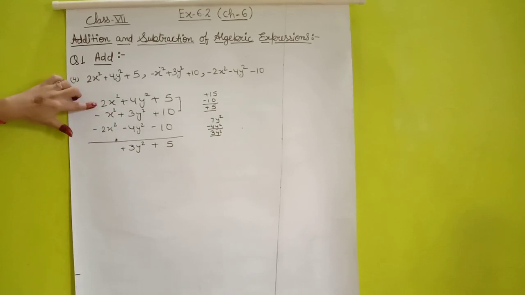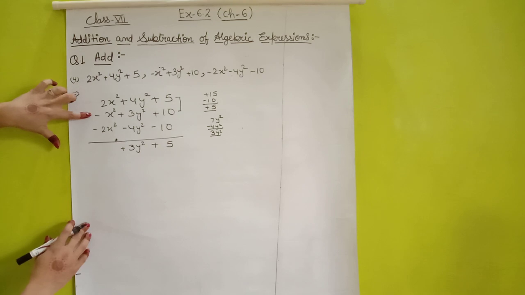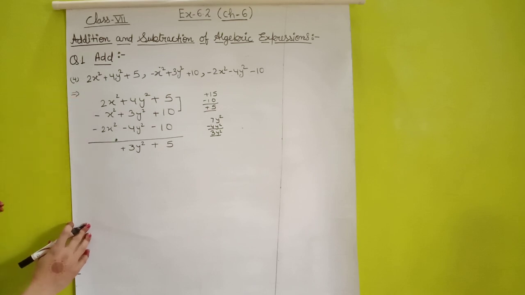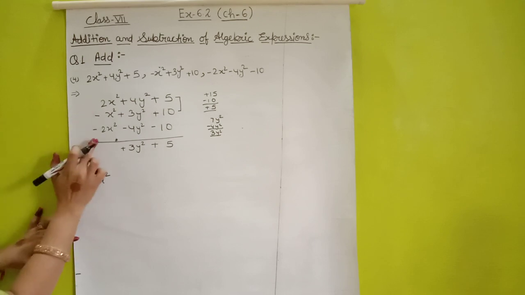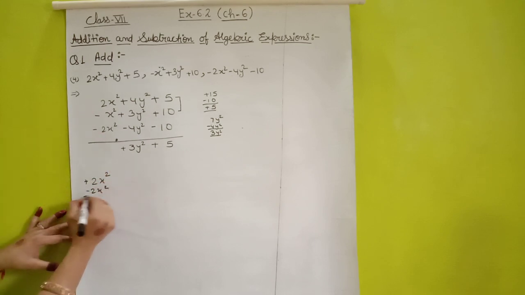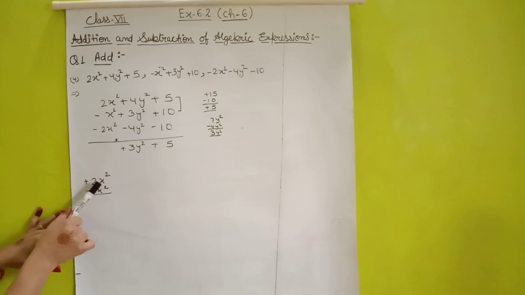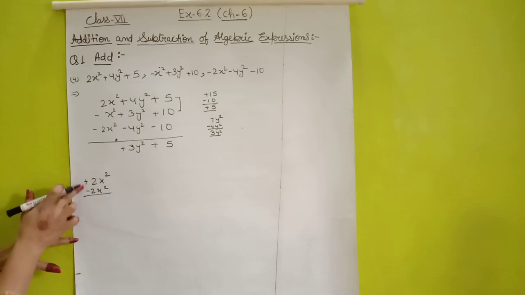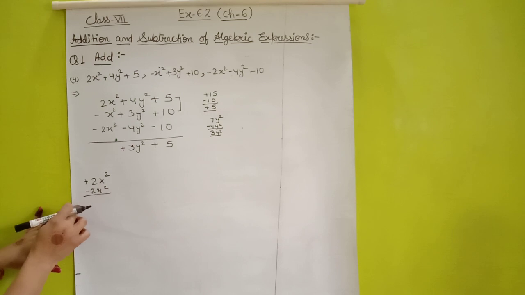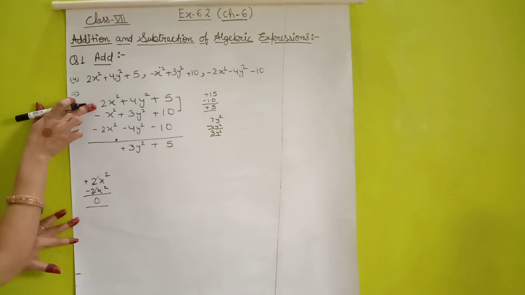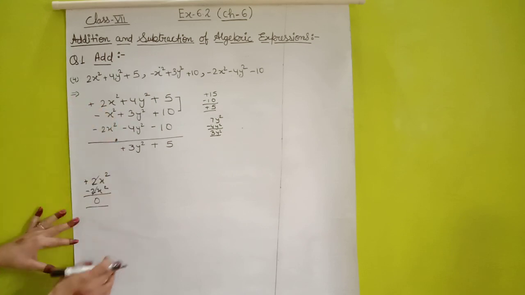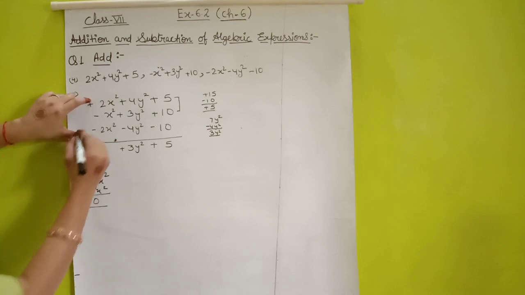Now here students, this is plus 2x square minus x square and minus 2x square. Okay. So in this case students, this is plus 2x square and this is minus 2x square. Okay. You can see students, variable is same x, power is same x square, but signs are opposite. So when this condition comes, what we can do? We can cancel out both of them. So here 2x square positive and 2x square negative we can cancel. Both we can cancel. Now what is remaining?